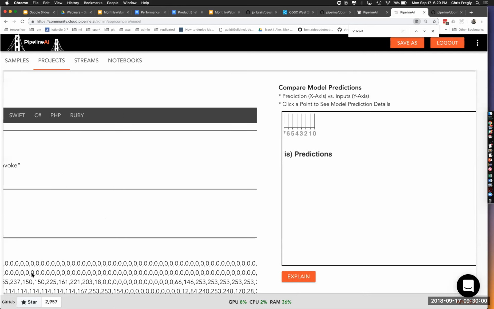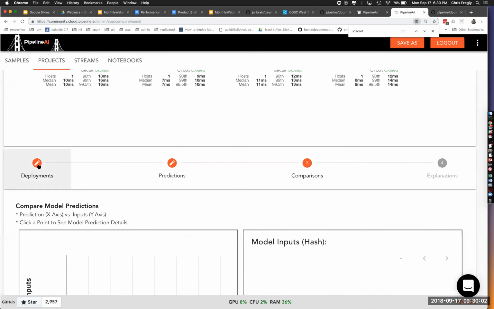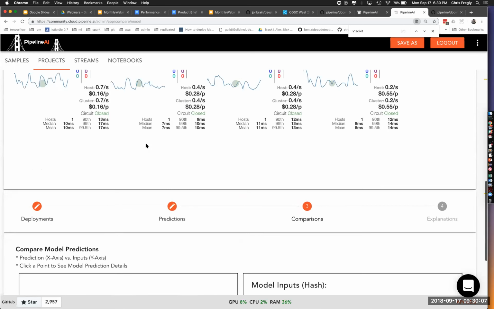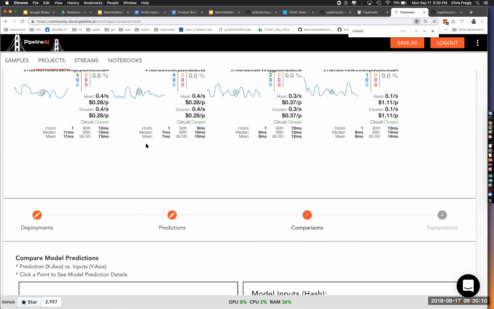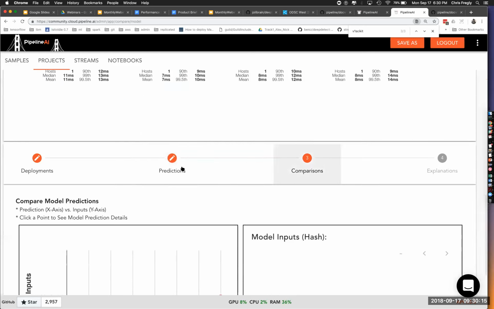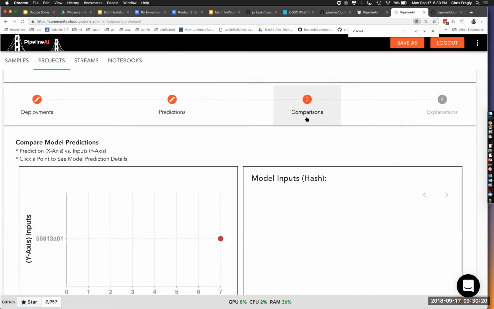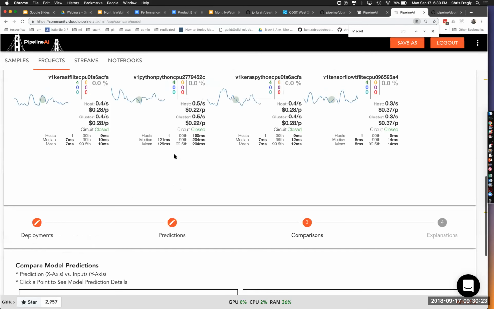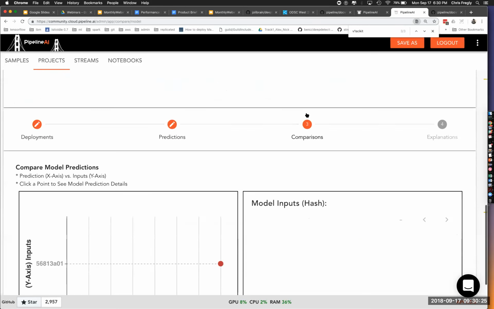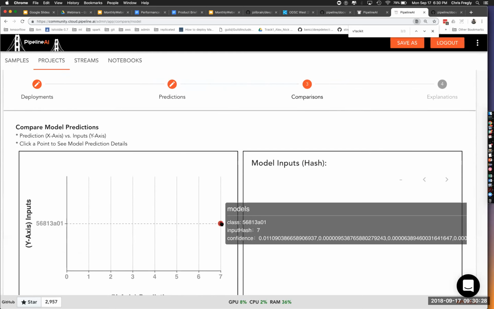So there's this comparison screen. So you would first deploy, and these models have already been optimized. That was a step that takes a bit, so I just fast forwarded to my version that already has these. Predictions are this here where you could actually test it, but now we want to compare these things. Up here we were comparing system level metrics and cost. Down here we're comparing all 12 of these model variants, which are all predicting the same value for the